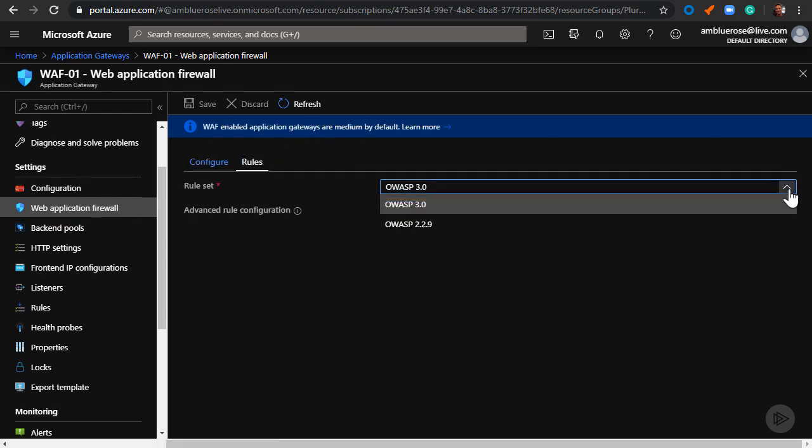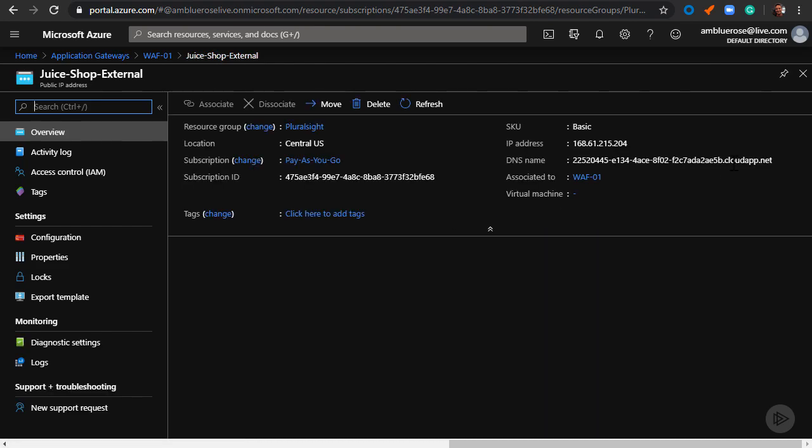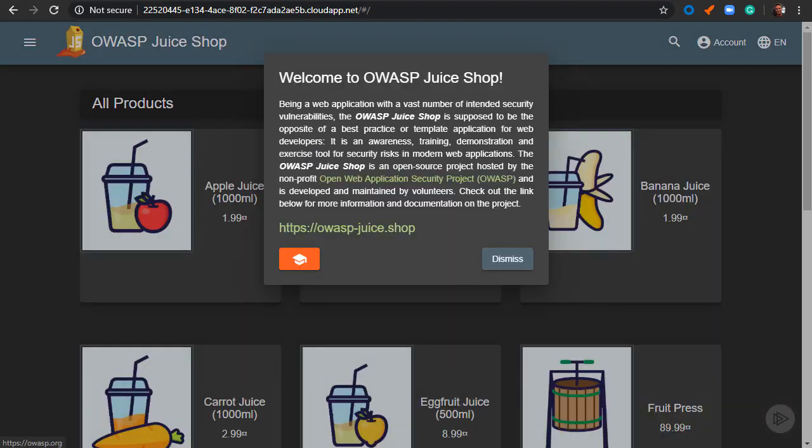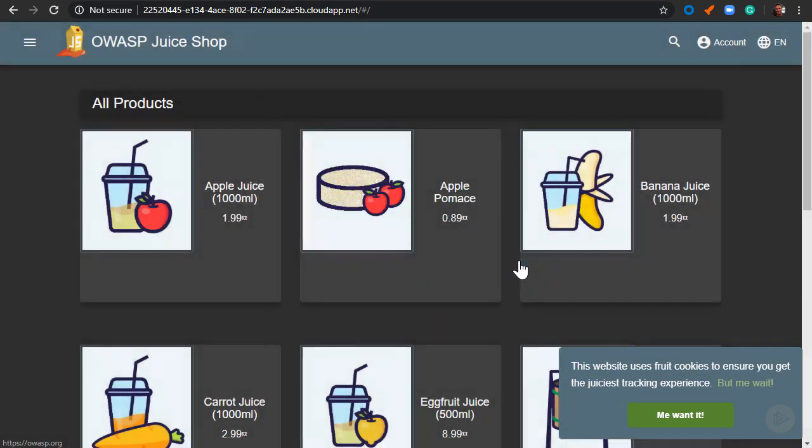Now in advanced mode, you can select which of the rules are enforced and how, but for now, just leave them all enabled. To access the web app through this front end, simply browse to the IP or the DNS name of the application gateway in the overview. Doing so, you get the shiny new test front end for the GlobalMantix Juice Enterprise. You can accept cookies or practice some self-control and wait, and do all the things you normally would do in a storefront web application. This specific application is a Node.js app, and the front end and back end code is going to look a bit different than the GlobalMantix internal applications that are based on a LAMP stack.